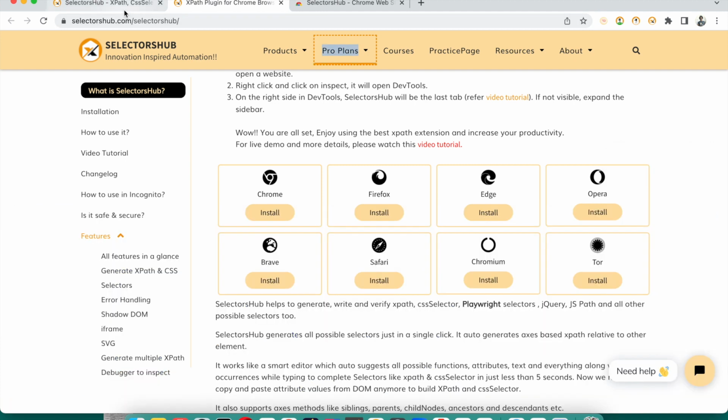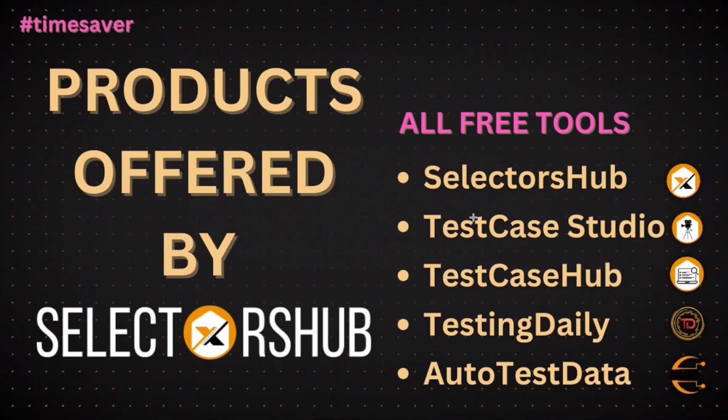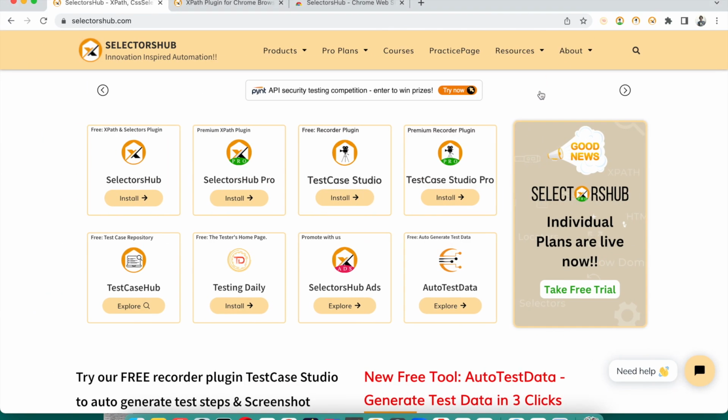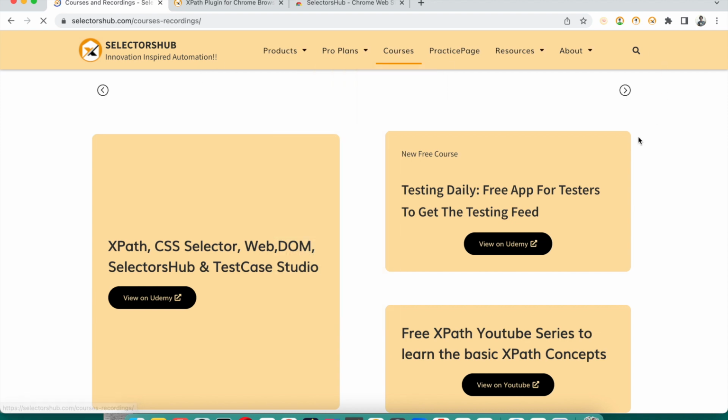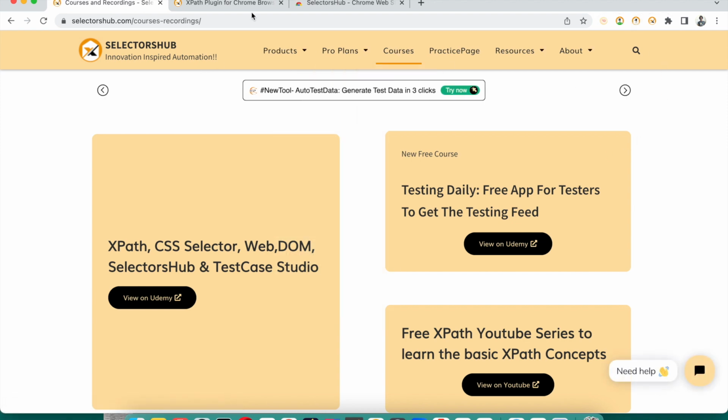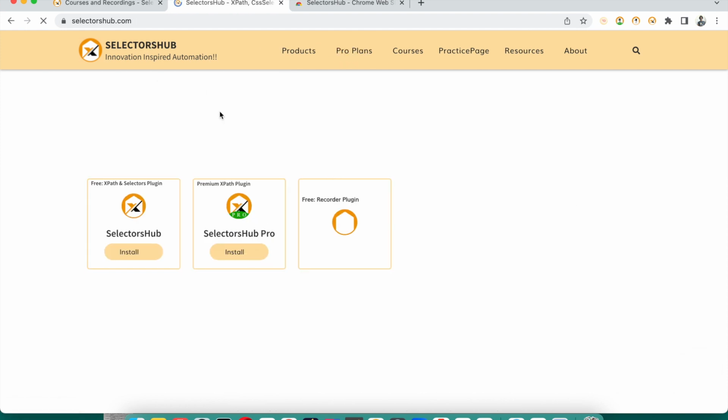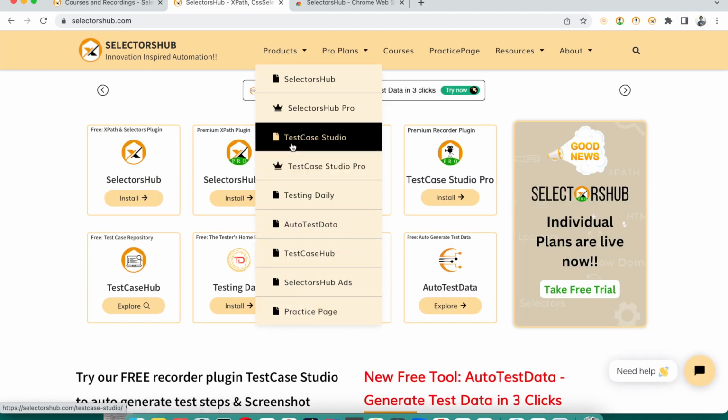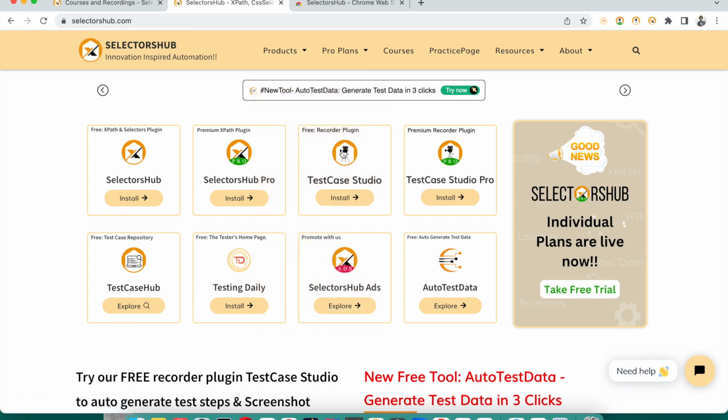Okay, moving on to the next product, Test Case Studio. Test Case Studio is another very helpful browser plugin, which is very helpful to record your steps, like functional steps, any action which you perform on the browser here. Let's say you click on courses, or anywhere, right click, whatever action you perform, it will capture. On the SelectorsHub website, from the home page or under products, you can always find this Test Case Studio, or from here you just click on this,